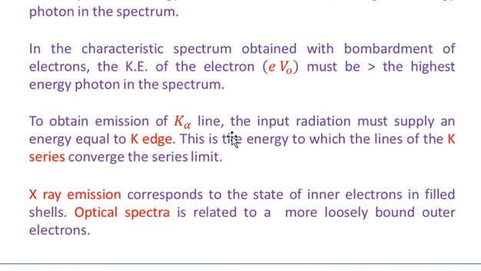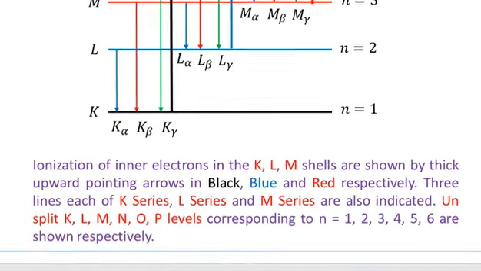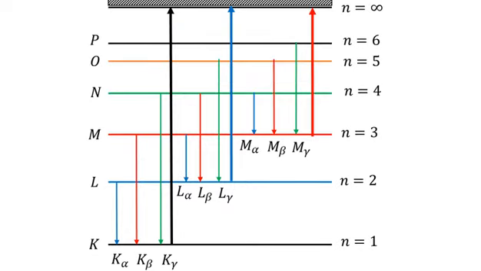To obtain the emission of the K alpha line, the input radiation must supply an energy equal to the K edge. This is the energy to which the lines of the K series converge, the series limit. That is, if you want to obtain the K series limit, not just the K alpha line, but all lines of the series, what you need to do is supply an energy which corresponds to the energy for the excitation or ionization of the electron. If you supply this much energy,